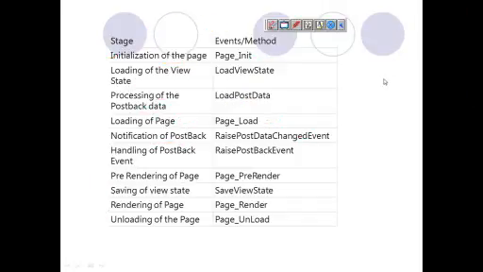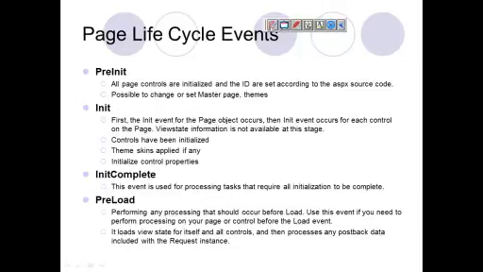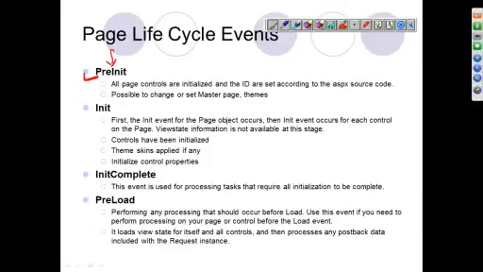Now I'll go into detail on what is actually happening in these stages. Before init, the first stage is page pre-init. When we are writing code or adding controls in ASPX, we see code like asp:TextBox, ID, text.